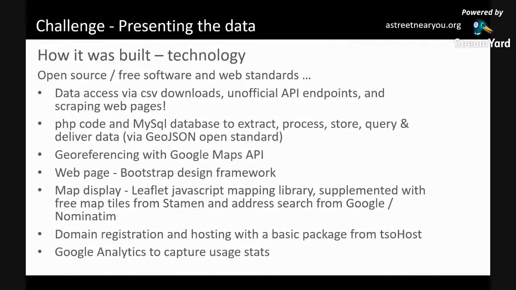So just to end up this first session, a little bit about how it was built. It was all on open source and free software, using web standards where possible. The data access, as I've explained, was CSV and API endpoints. It was all pushed into a big MySQL database. Some PHP code was extracting the location information, pulling up georeferences using Google API. And then once that big data set was built, and I'll go into some stats later,